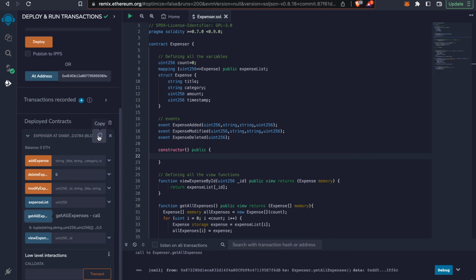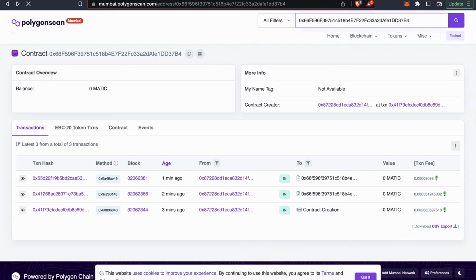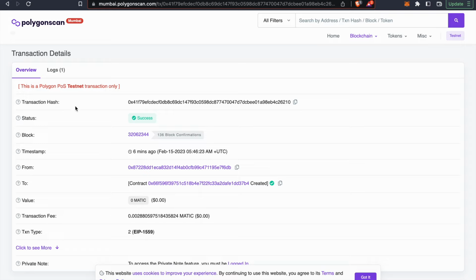So let me copy this contract address, go to Polygonscan, and paste this. And we can see all three transactions. One is for creation, one is for the addition of the expense, and the second is for the deletion. So let's see how this transaction looks. This is the transaction details, where the first